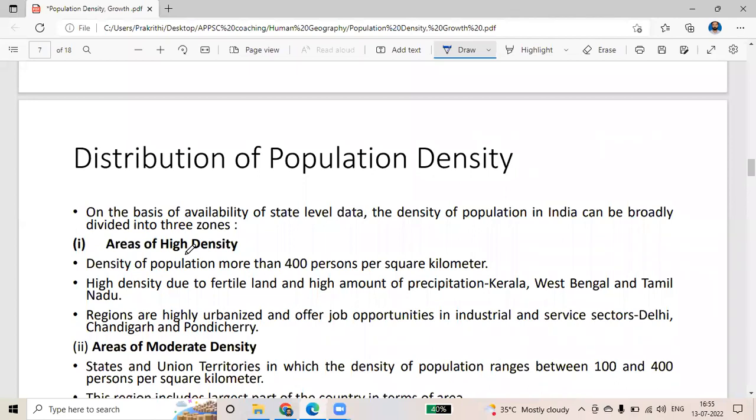So on the basis of state level data, the population in India can be broadly divided into 3 zones. So this is purely based on the state level data. State level में कितना density है ये देखते हैं. First one is